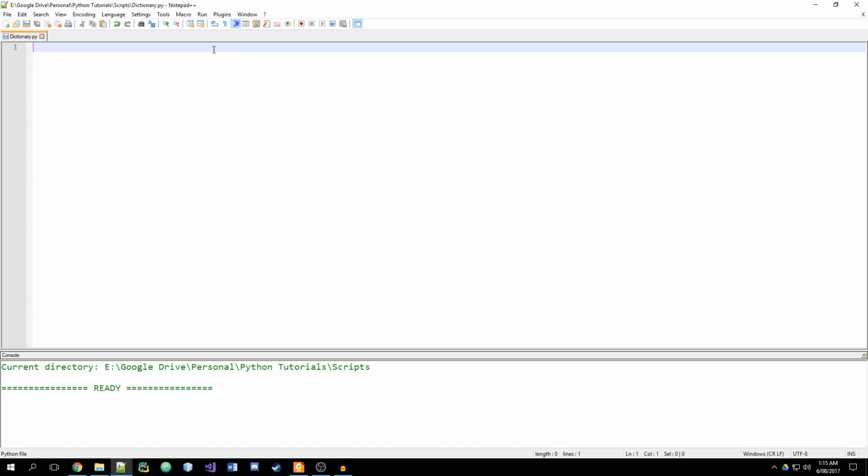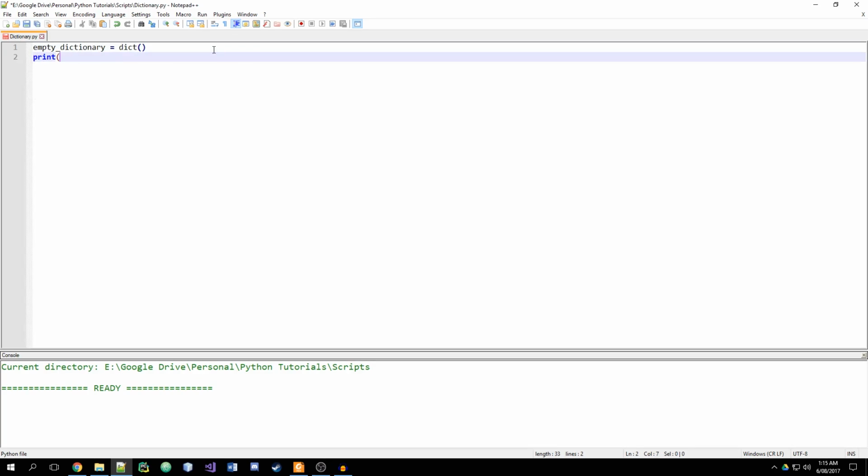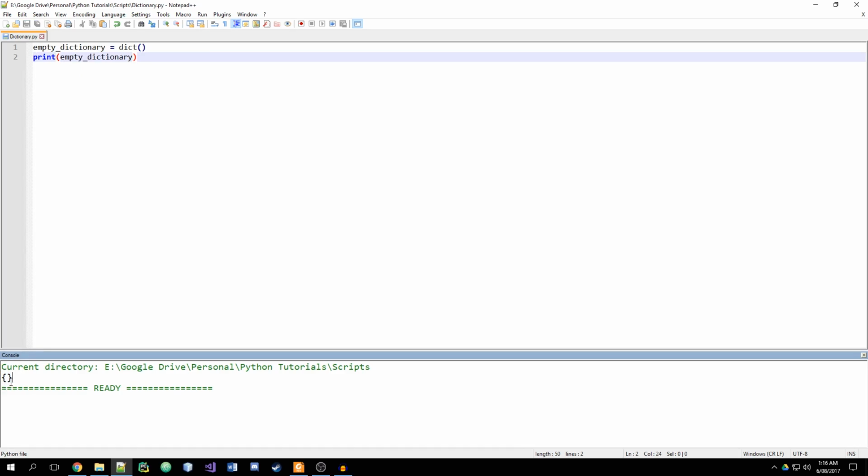So this is the first method, so basically assigning a dictionary into a variable. So empty dictionary equals dict, and then printing this empty dictionary. So what happens when we print this empty dictionary is we get two curly braces, and this is the representation